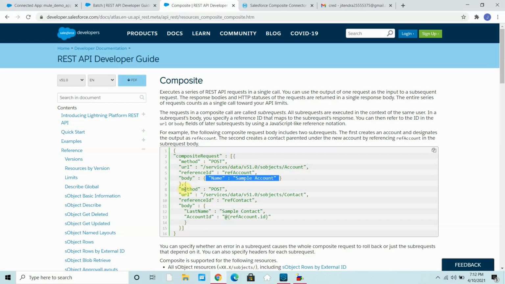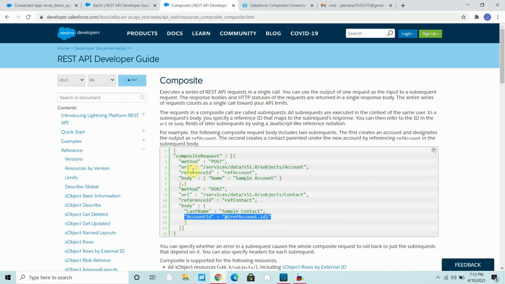The second operation is again a POST method, but this time we are accessing the object called contact. The reference id is rep contact, so my contact output will get stored in rep contact. In the body, I'm passing the last name, and I am also passing @{rep account.id}. So I am reading that id from the output of the first operation.